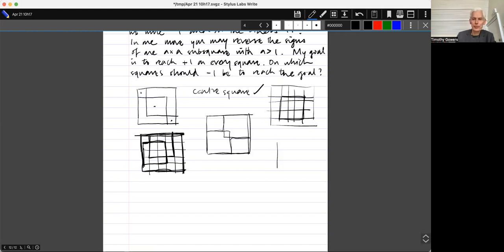Supposing I have a 3 by 3. Oh no, that doesn't work. I was going to say maybe the same argument works, but then these two corresponding things will be 1 by 1s. So let's forget that.